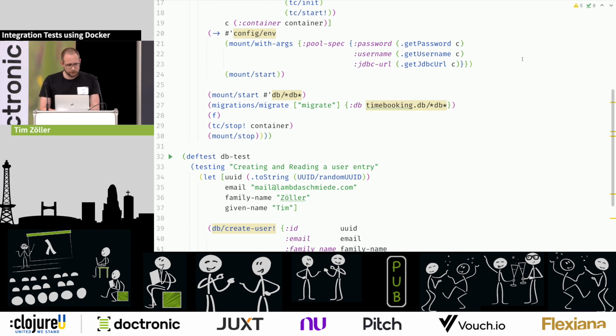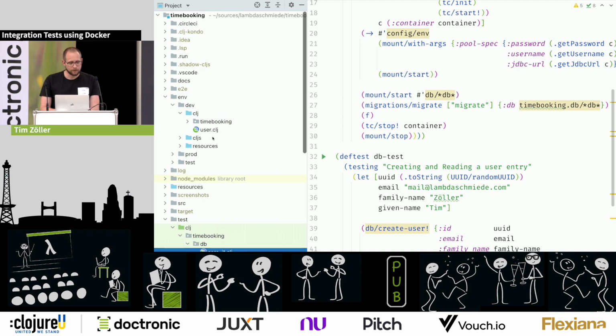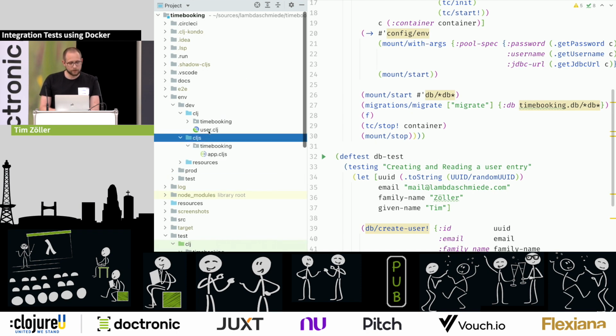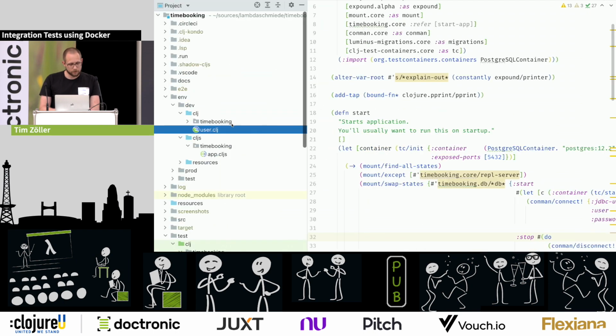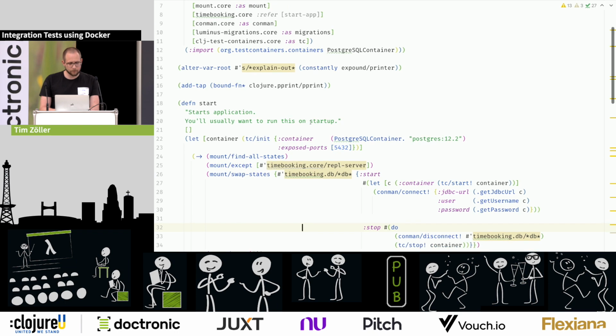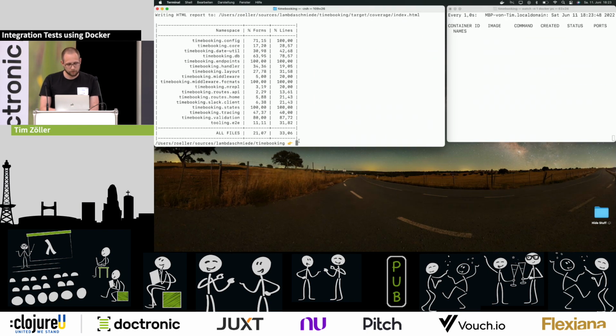And now you might say, but Tim, we still need the database locally because we want to develop locally. And the fun thing is we can use Testcontainers in the REPL also. So we have the user.clj in the env dev folder. And if we say repl-start, we pull up the container. We map everything into mount. So going back,